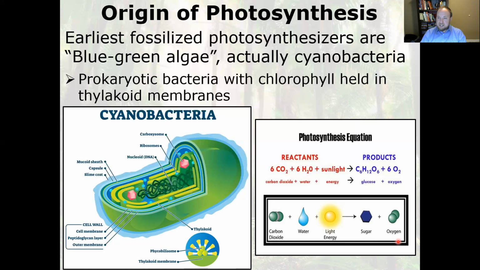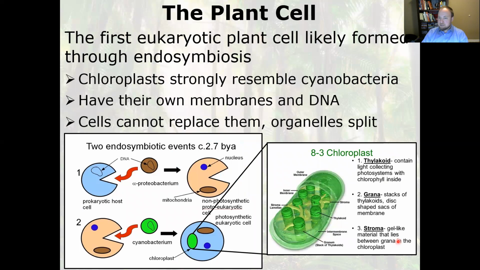So let's take a look at the plant cell, and we mentioned this a little bit before, but let's just kind of reinforce it. So the first like true eukaryotic plant cell likely formed through endosymbiosis. So when we talked about endosymbiosis earlier, like the origins of life and early life, again, endosymbiosis, internal symbiosis, it's this idea that the evolution from prokaryote cells to the more complex and larger eukaryote cells might have happened as a result of